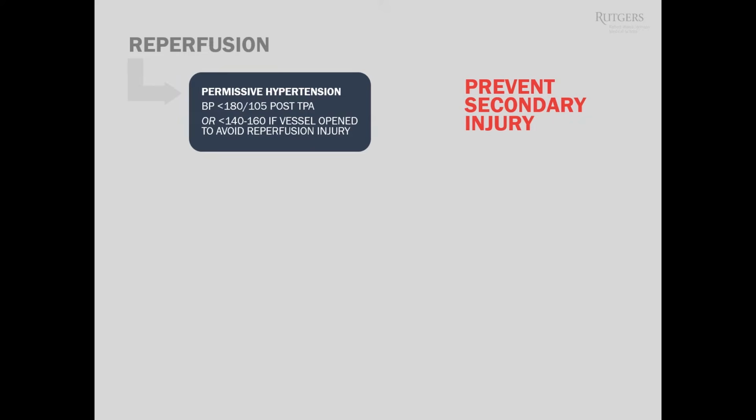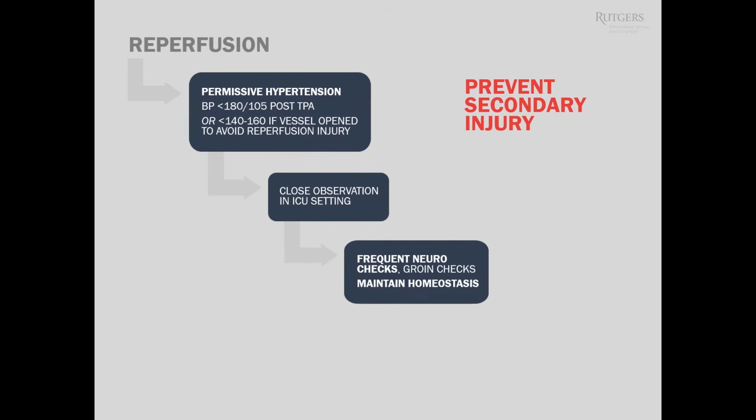Now, these patients, of course, must be closely observed in an ICU setting with frequent neurochecks. We typically use the NIH stroke scale to reassess stroke patients and get worried if the score increases by 4 or more points. Multiple neuroprotectant trials failed in the early 2000s, and it was generally a disappointing decade in stroke research. So the best neuroprotectant we have so far is homeostasis, making sure hyperglycemia is corrected, fevers are addressed, and targeting